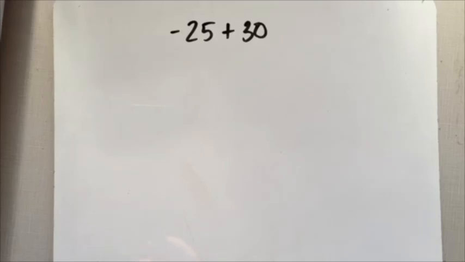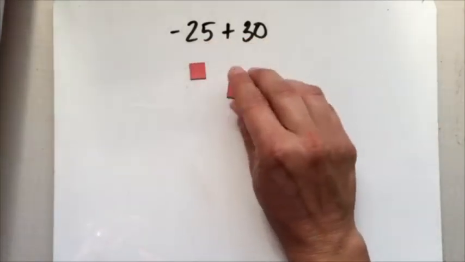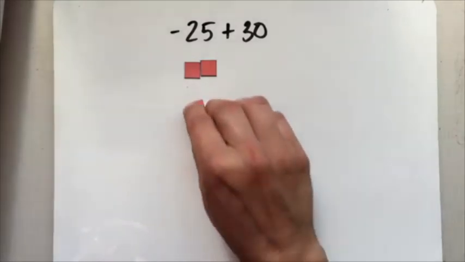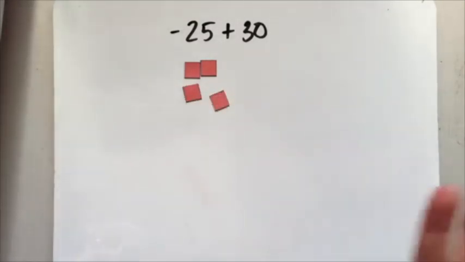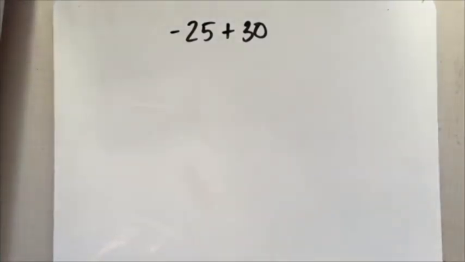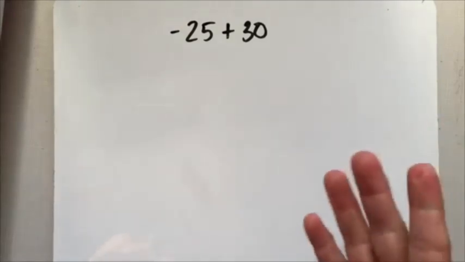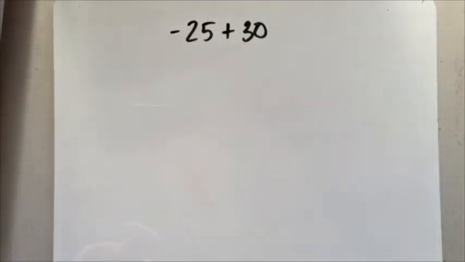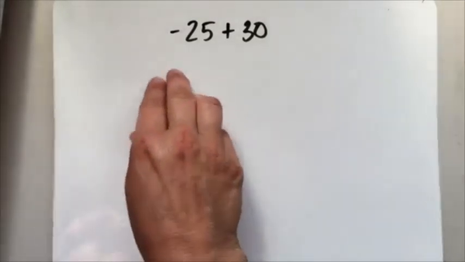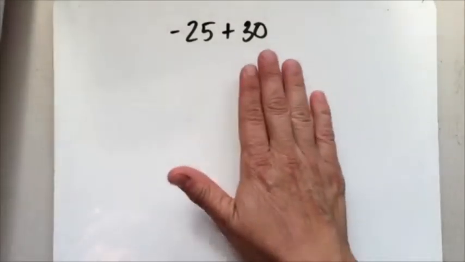-25 plus 30. Did anybody count out 25 negative tiles here? Ridiculous. I don't even think I have that many. We don't have time for that. So algebra tiles doesn't work with everything. But that's okay, because even if I don't have time to count out 25 red tiles and 30 yellow tiles,